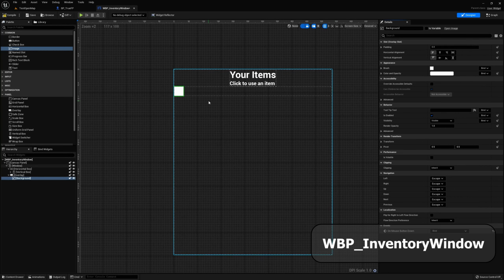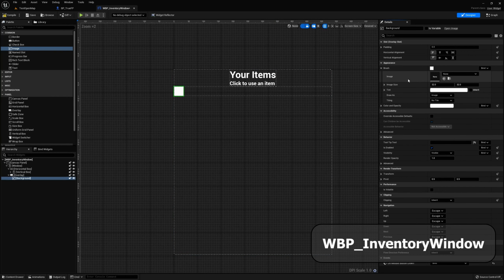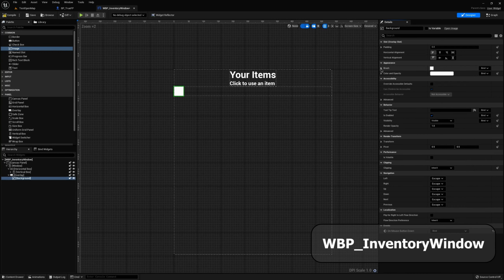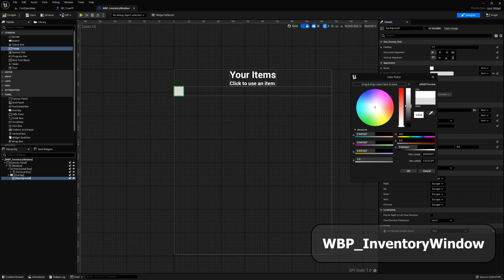So I'm going to deselect that. Later, if you need it, then you can go ahead and re-add it. So if you wanted to add an image to your background, this is going to fill up our primary area where all our items are going to be. If you want to add an image, then in here under brush is where you would do it. Here's an image, and you can click it there. But for now, for my needs, I'm just going to select a color, and I'm just going to go